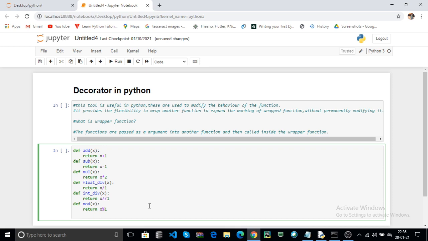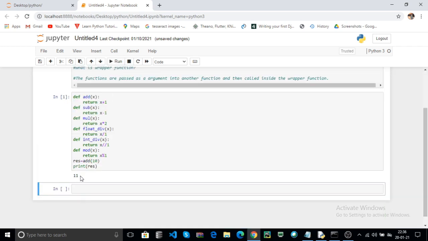For example, add, you can pass 10. The add function returns some value, and I store it into a variable, for example res. Now print res. Now click on run.